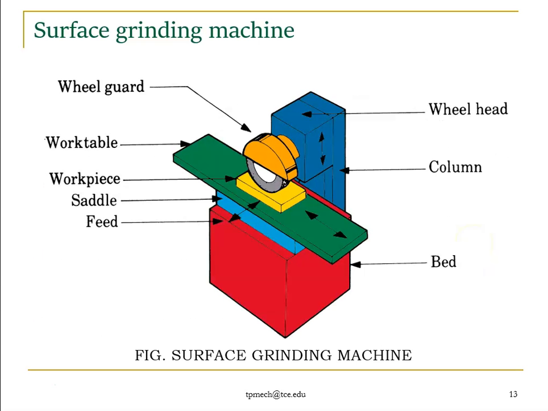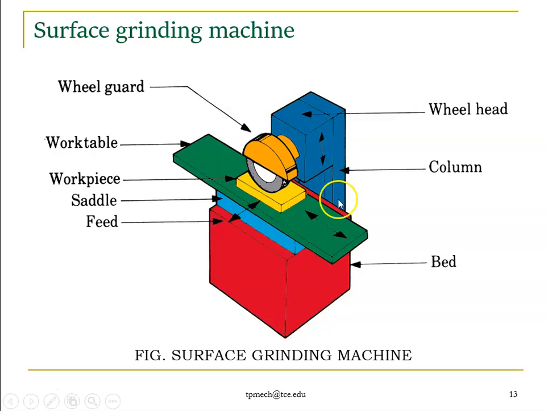So this is the surface grinding machine, general construction. From the bottom itself, we have a base or bed, right? It must withstand more forces and more vibrations. It is made of cast iron. It is a rigid structure, and it acts as a reservoir for lubricants. All the common points are similar and applicable here also. It's a bed or base.